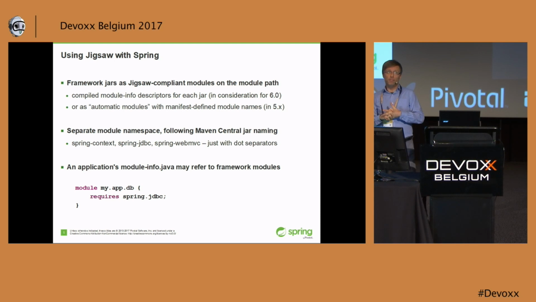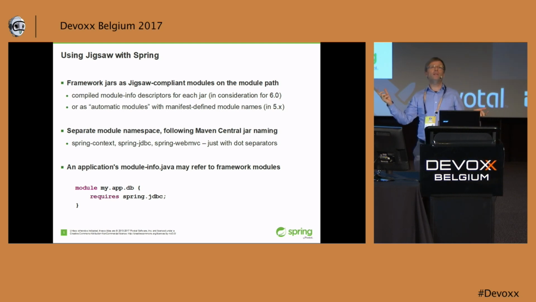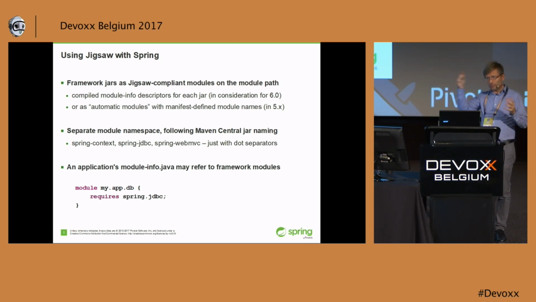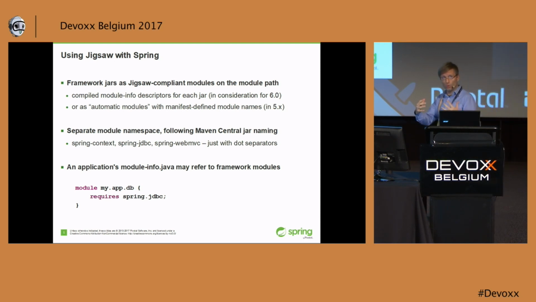Once you go onto the module path, be aware that essentially you have to deploy everything that you're using onto the module path. Your application jars, the framework jars that you're using, and all the dependencies of your framework jars. This works reasonably well with the current generation of open source frameworks and libraries out there, at least the ones that we tested. What we're doing in Spring Framework 5.0 is that we're actually declaring automatic module name manifest entries. So the jars that you get when you download Spring Framework 5.0 from Maven Central include a well-defined module name that is being ignored on Java 8. And in Java 9, the compiler and the runtime understands that this is the canonical module name of this particular jar file. Otherwise, if such a header is not being provided, the name is derived from the artifact name,